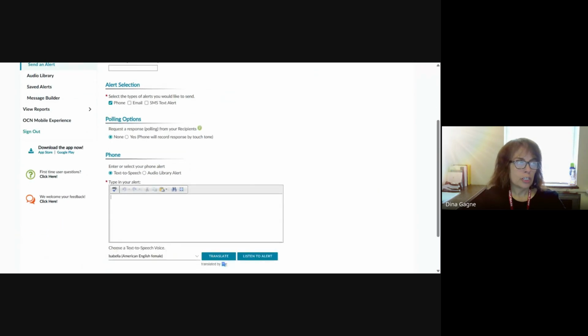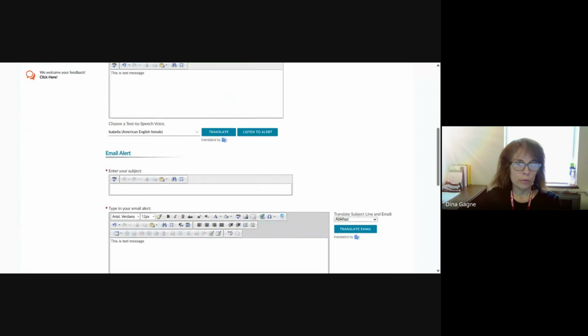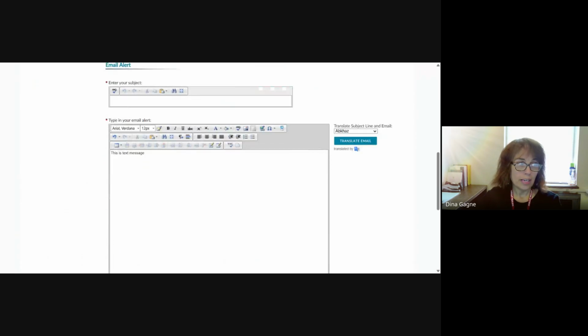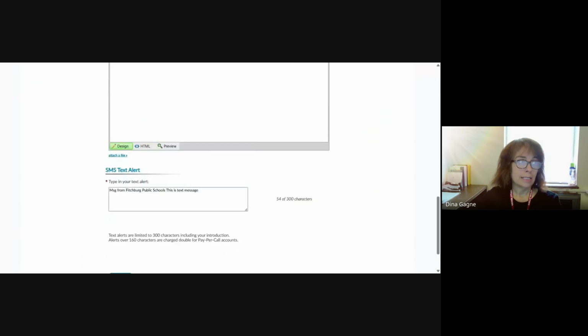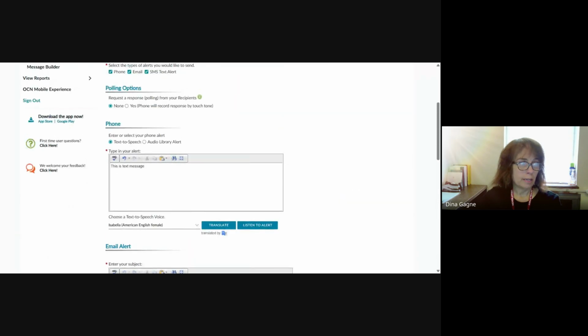So in the phone section, I'm just going to type, this is a text message. Okay, and that's the phone box. I want it also to be an email and a text alert. It will carry over whatever is typed into the first box to the email alert body and the text messaging body. Okay, so whatever I type here,